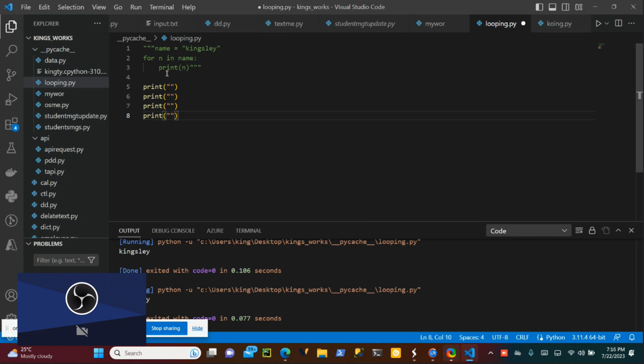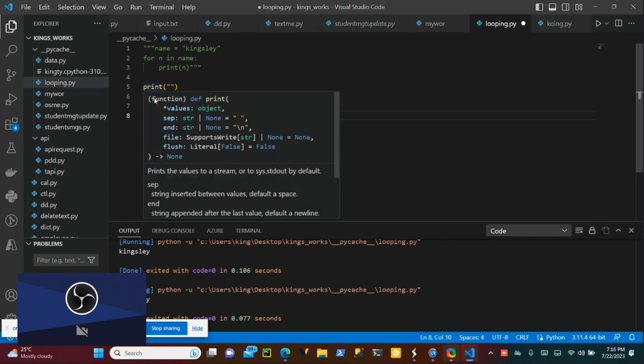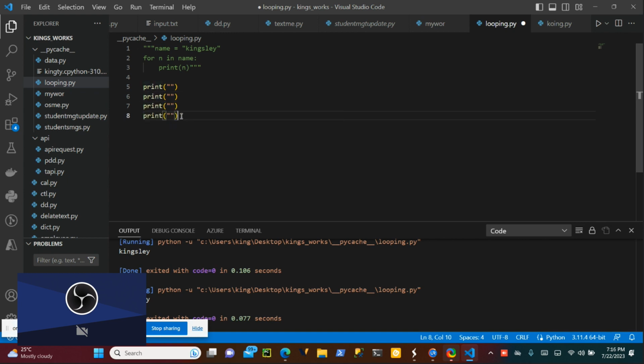Okay, so now we have that one here. You can see that I've created print, print, print. How many times? One, two, four times, right? The last one will be 5. Then the inside should be what? Myself.